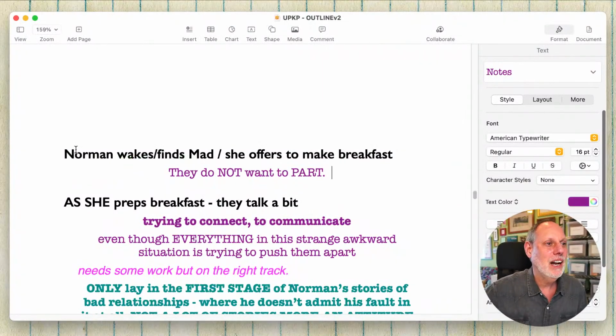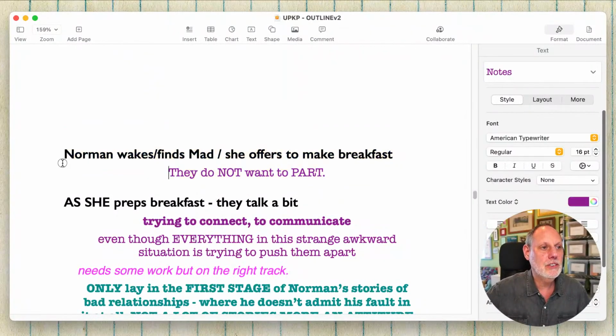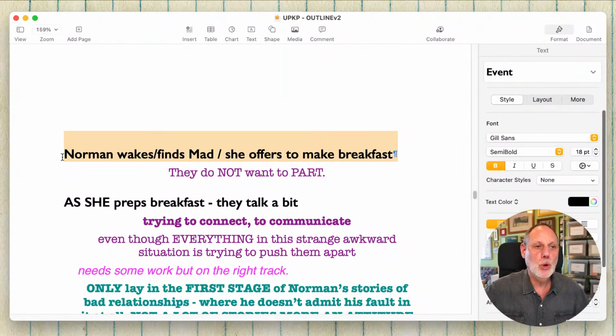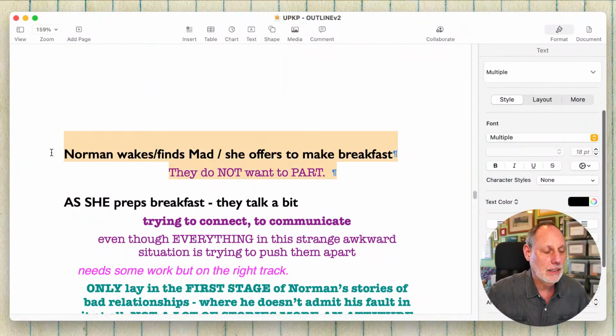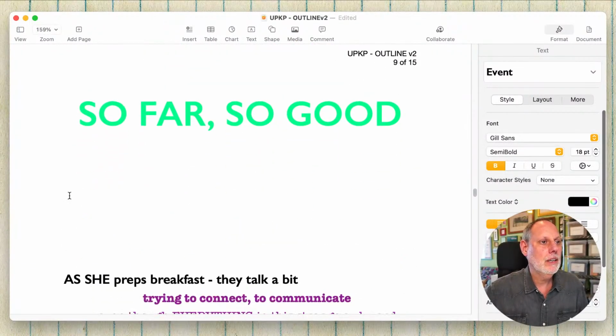Hello, Maria. So this scene, these big, dark, bold lines that they put in, make sure that they stand out, because that is the scene line, the name of the scene, the main thing that happens in the scene. And I am going to now move this scene, because we've got it up above. So far, so good. All right. So now